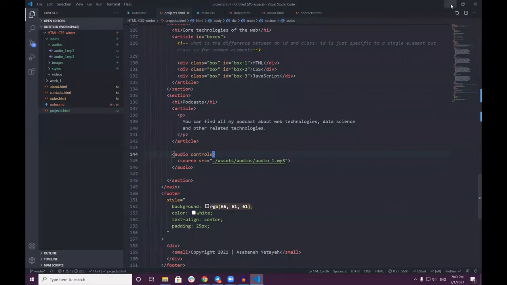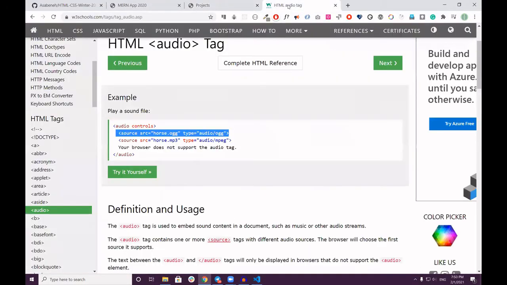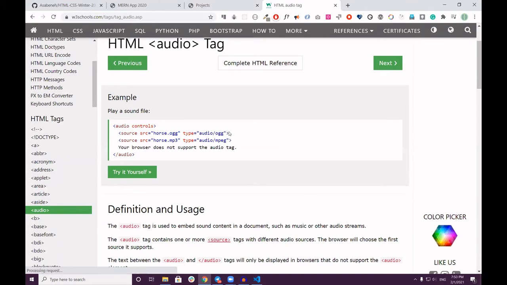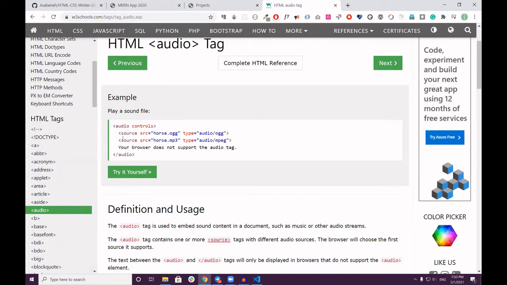Now, if you see on W3Schools, they also have different file types. If this file type is not supported, it will go to this one. But nowadays, MP3 is highly supported. You don't have to have these two lines. This one is enough. And the second line is actually